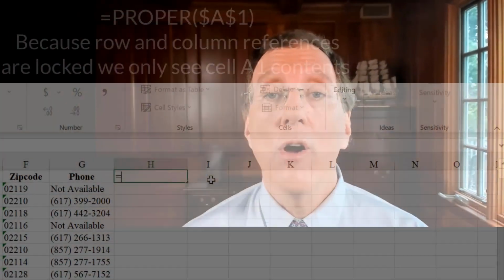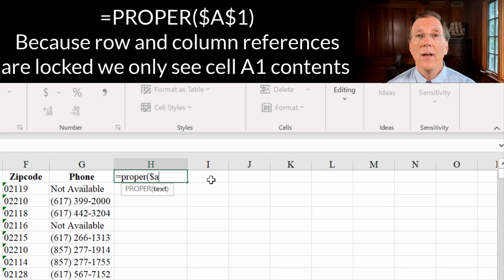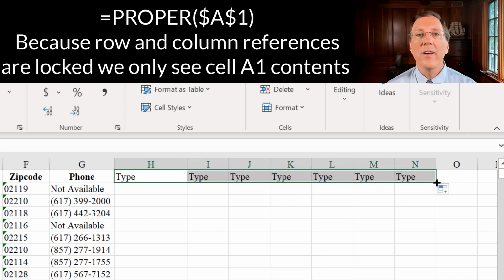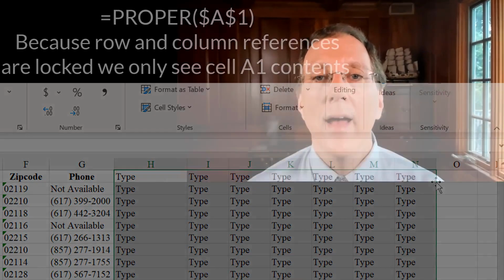So let's go back to cell H1 and try it three other ways. First, let's change cell H1 by putting $ signs in front of both the row and the column. The specific formula is on your screen. This tells Excel to lock in and not update both the row and column references. Now copy cell H1 to all the other data. What happens? We get the word "type" everywhere